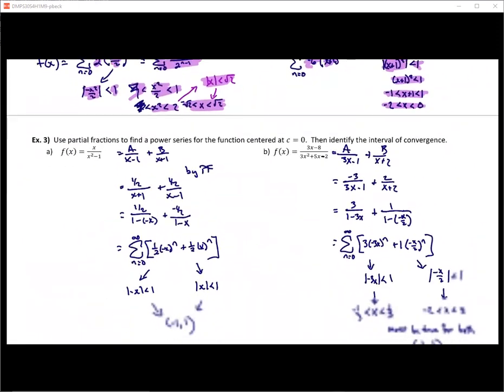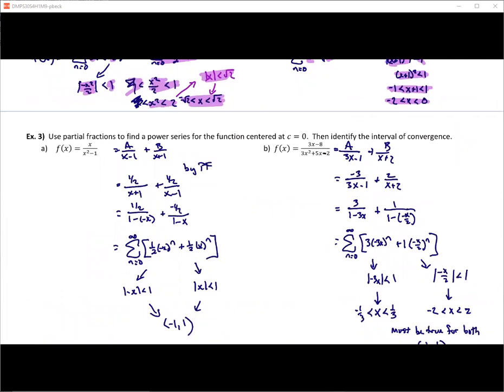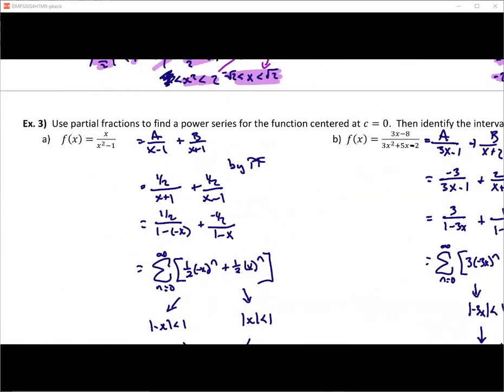My directions for the next part say, hey, let's use partial fractions. And a lot of you ask, why would I use partial fractions? Well, the reason is because my numerator now has an x value in it. So if I use partial fractions, I did sort of a shortcut on this one. We know that it needs to be A over x minus 1, B over x plus 1. And if we work through the partial fractions, we'll find that both coefficients end up being 1/2,